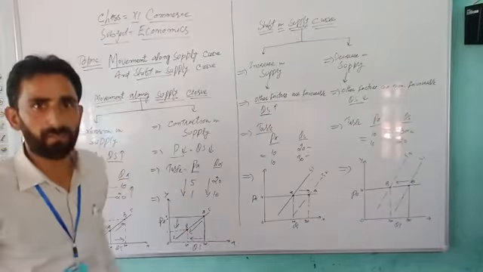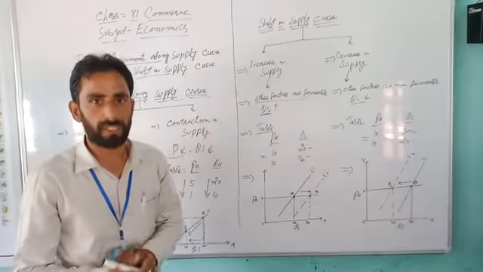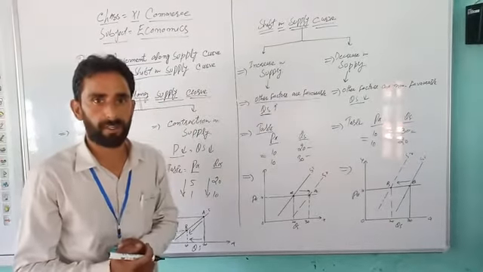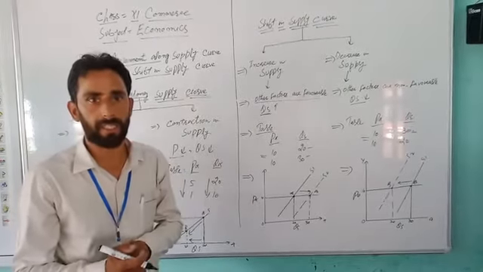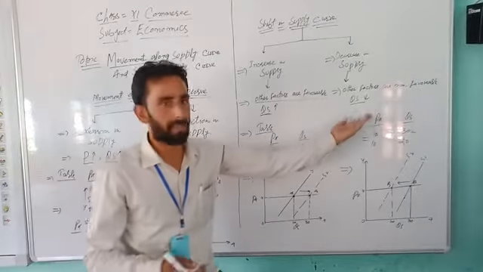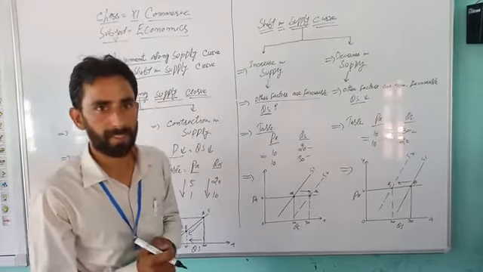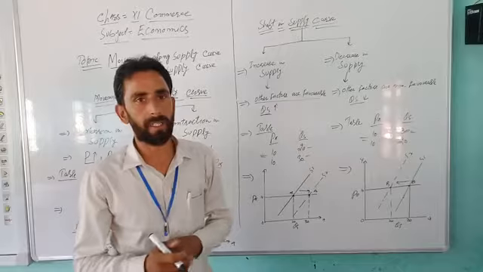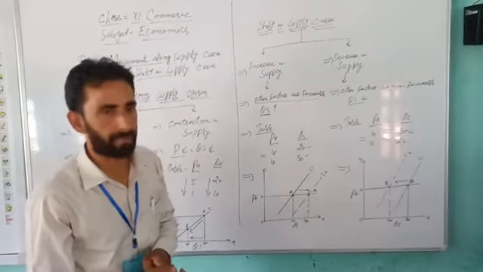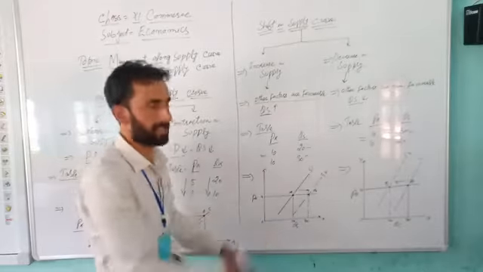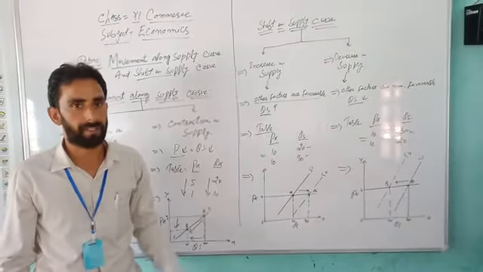I will give some examples of this. What is meant by other factors being favorable? Means the latest technology will be used, cost of inputs will be reduced, the goal of the firm is changing, taxation policy is favorable. Here it will be the opposite of that. Means outdated tools will be used, cost of inputs will be increased, and the taxation policy does not support the producers. That is why the quantity supplied of the product has decreased. This is the presentation on what is meant by movement along supply curve and shift in supply curve. Okay, thank you.